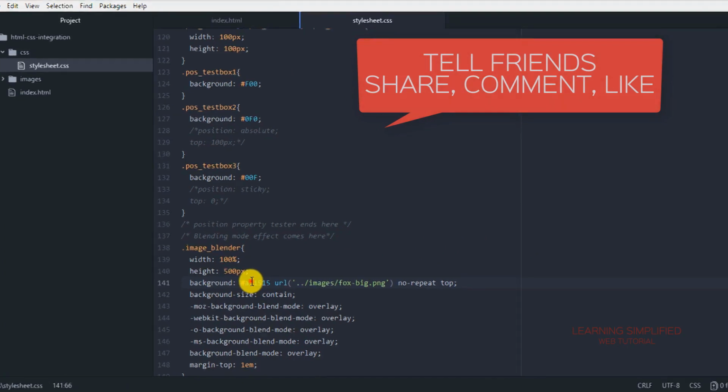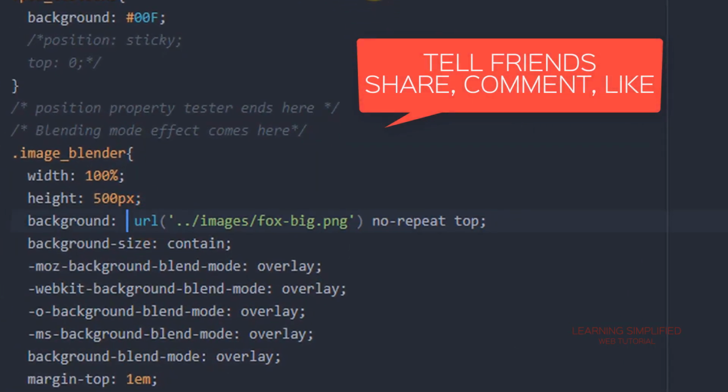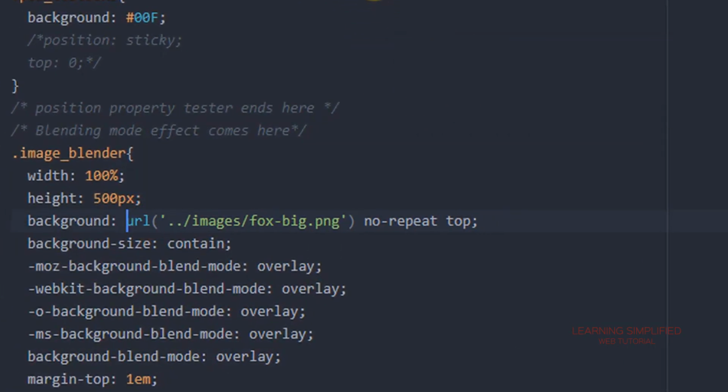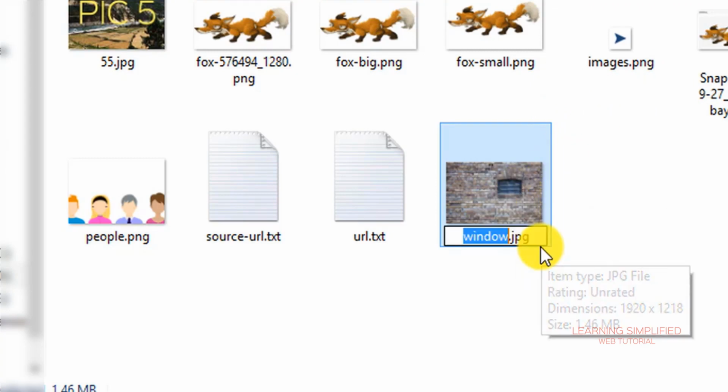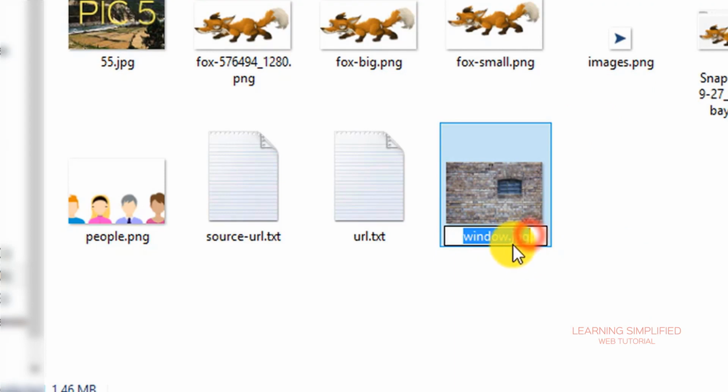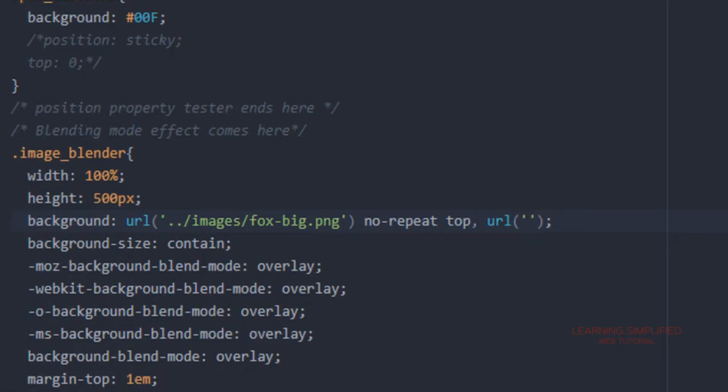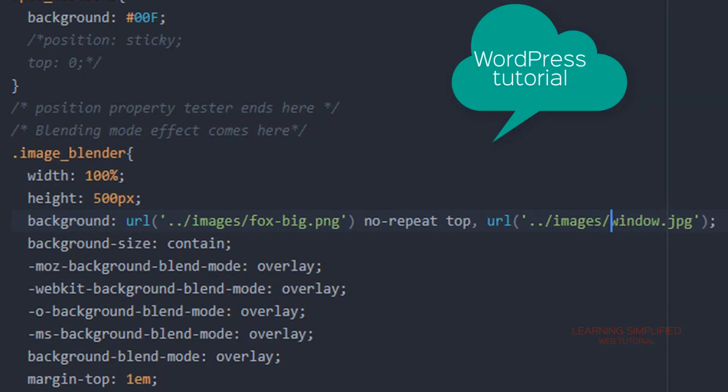So in the very first scenario, we are going to nullify this background base color, and instead of that we will be using another image here. Let's say this one, this window.jpg. So press F2 and copy this file name along with the extension name. Get back to your project, and here we need to provide this image source.